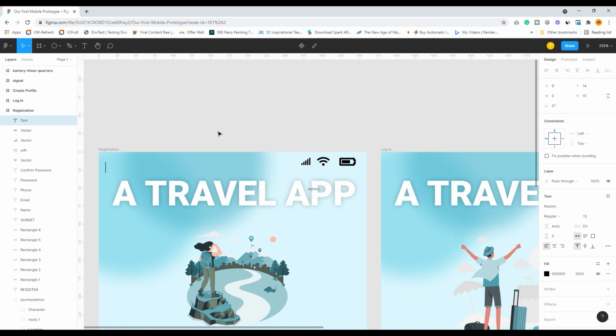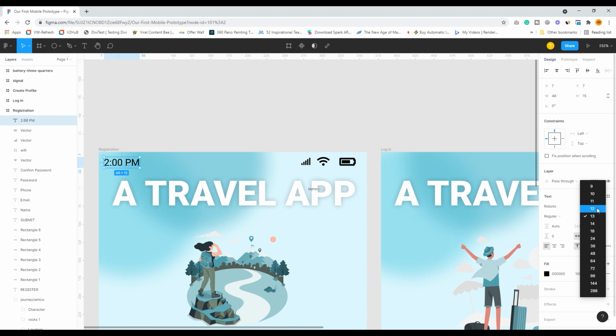I will just put 2 p.m. You can also use a 24 hours timeline, and you can also put AM or PM. It's totally up to you as per the handset that you are using. Great. I will just reduce it a bit.